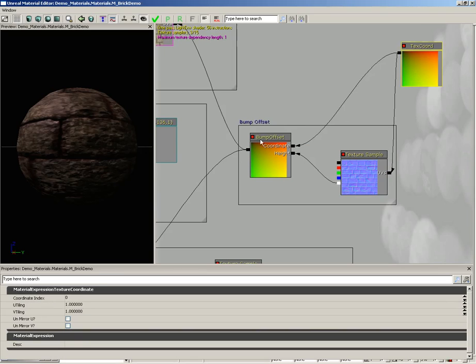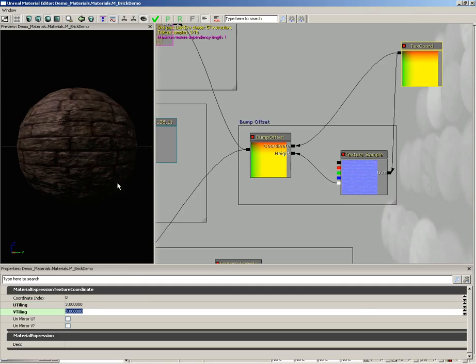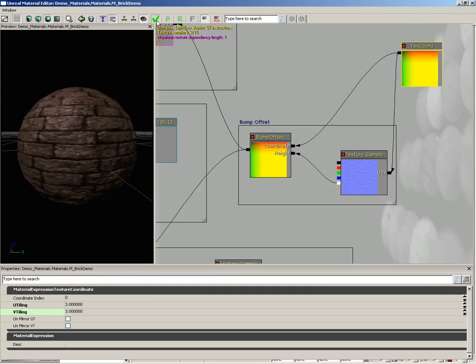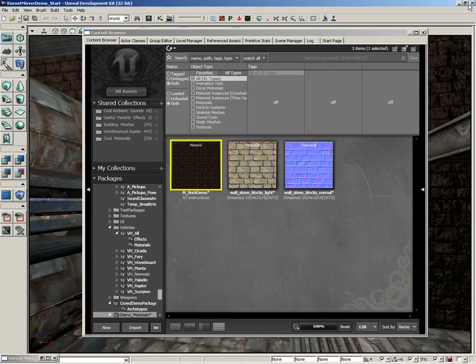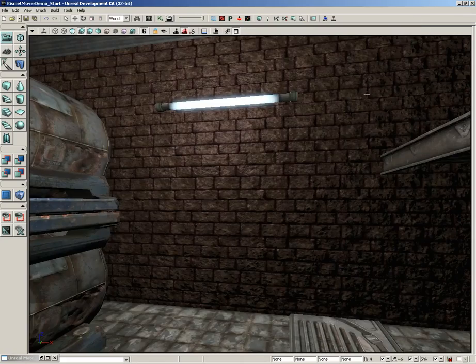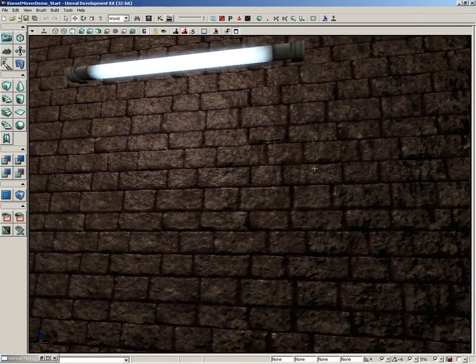Now with that done, come into the texture coordinate, and we could set this to, say, 3 by 3. Let's go ahead and update our settings. And we'll close out of the material editor, close out of the content browser, and now our bricks are much smaller. That's great. Now let's take a look at how we can make an adjustable version of this material if we need a variant or maybe a version that we need to animate for some reason,